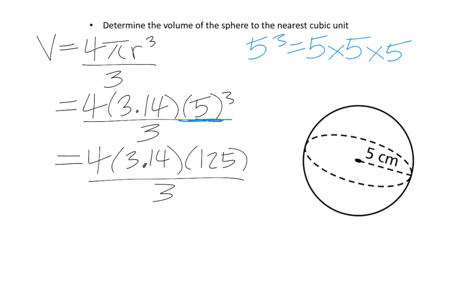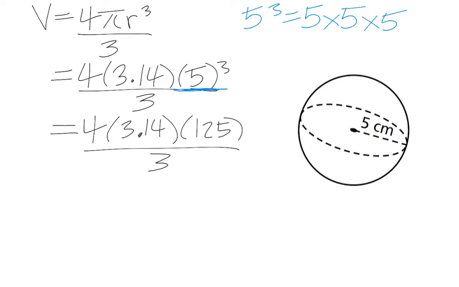Next, we're going to multiply the numbers in the numerator. So 4 multiplied by 3.14 multiplied by 125 is 1,570. And the divide by 3 still stays the same. So you're going to take that number and then you're going to divide it by 3. And that is ultimately going to give you about